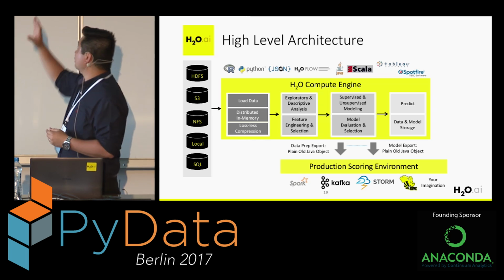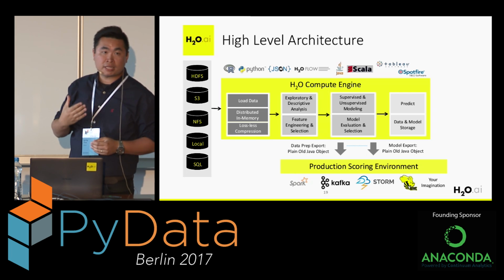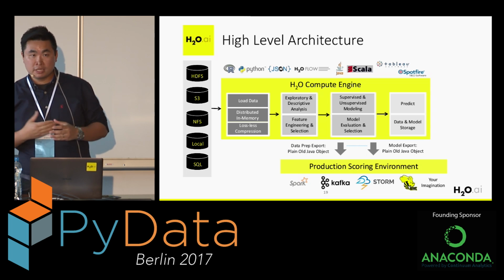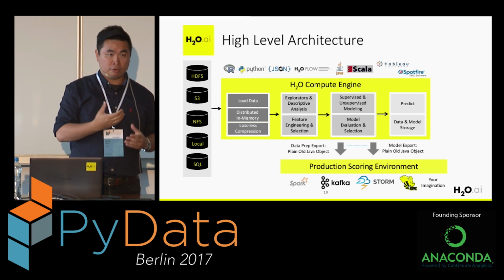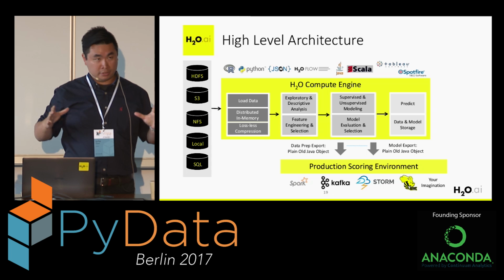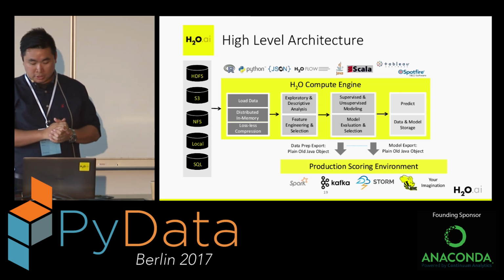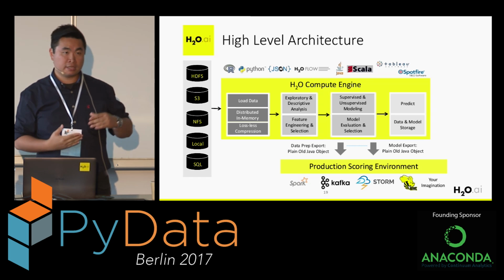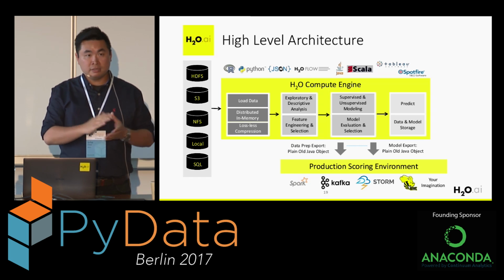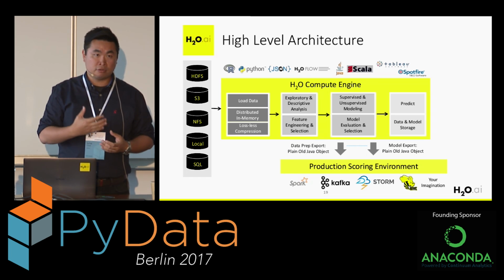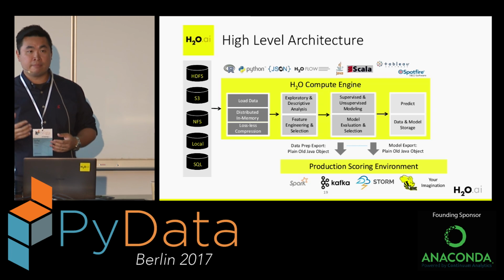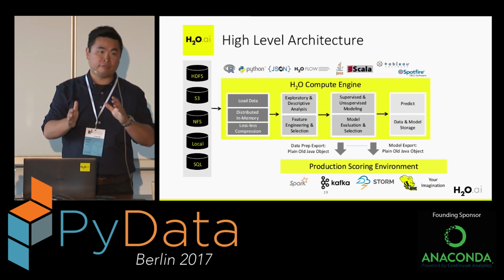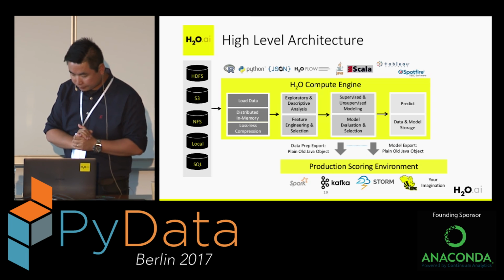In the middle, you can see that the yellow rectangle is the heart of H2O. All the algorithms in H2O are written in Java. This is for high-performance and scalable algorithms in the compute engine. This is a machine learning platform, so you can expect to do many common tasks that you would do for machine learning, including importing data, looking at the data, training a model, either supervised or unsupervised, exporting the model, and making predictions. This is a generic machine learning platform that you can use with many different kinds of problems.